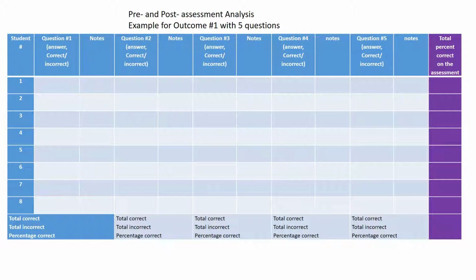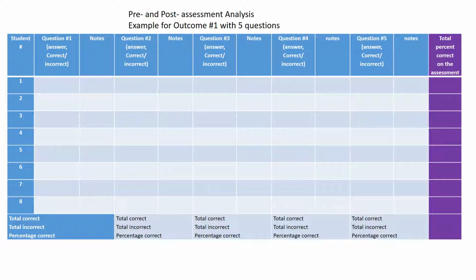In tutorial number 1, you were given the option to have 1 or 2 outcomes and at least 10 questions on your pre and post test. This is an example of a pre-test that has 2 outcomes, because you see outcome number 1 right here, and outcome number 1 has 5 questions, which means if this were my pretest, I would have 2 outcomes with 5 questions each. So here, once you collect your pre-assessment information from your students, you're actually going to plot each individual